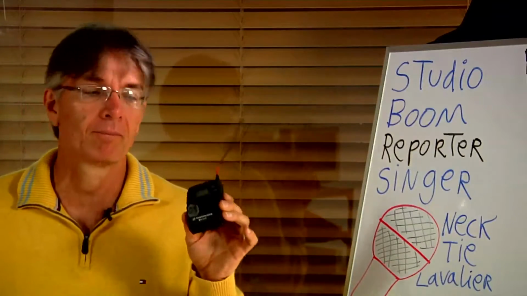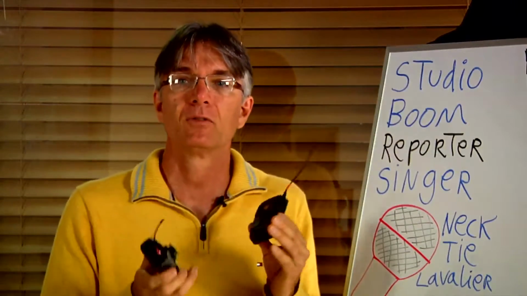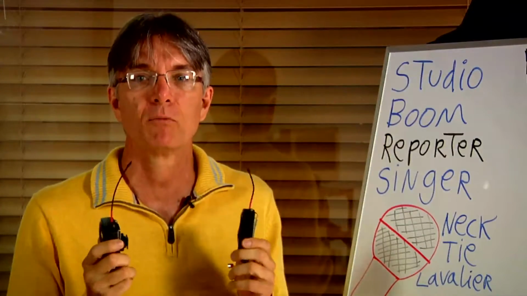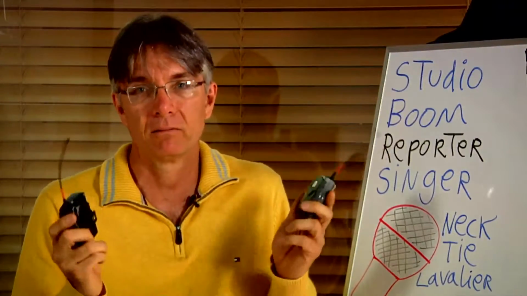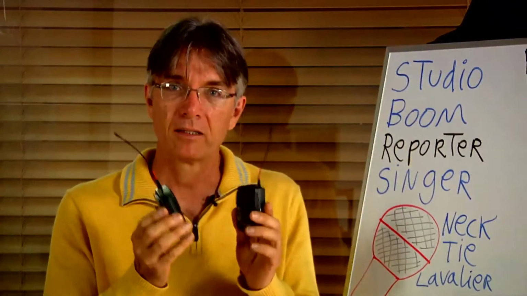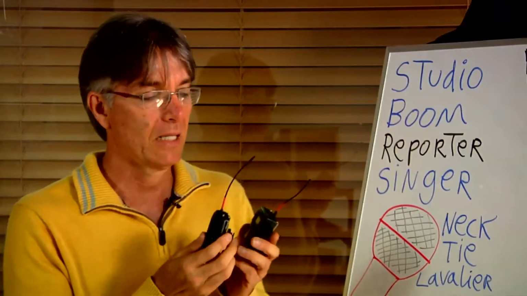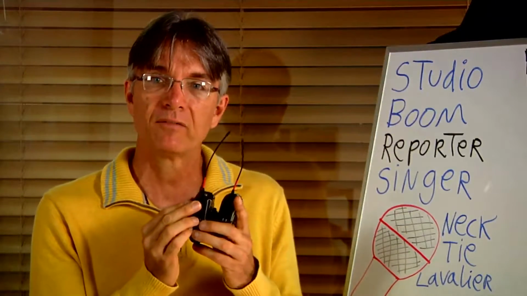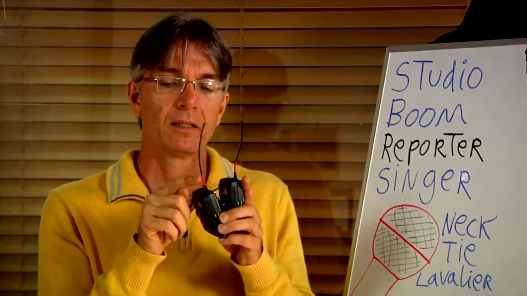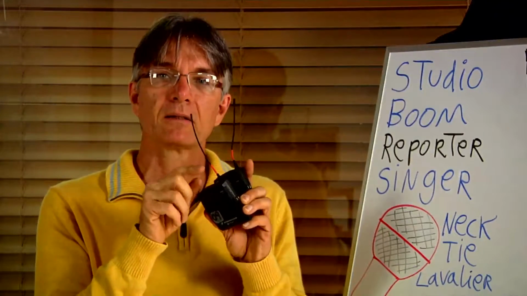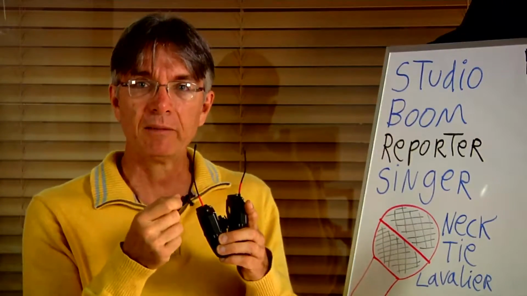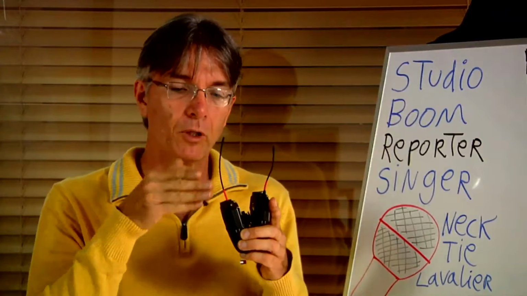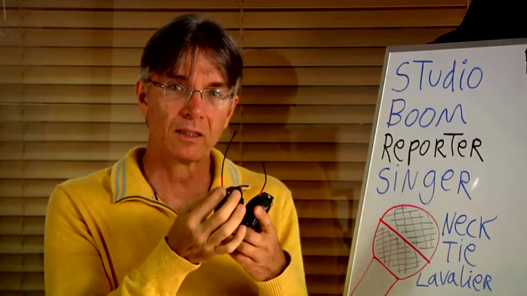A very important thing when you use wireless microphones, and you probably always have more than one. If you only have one, don't worry about it, but if you have more than one, you should identify them. And the easiest way to identify them is by colors. So you take these thermo-shrinkable things that they sell at electric shops to protect cables. Just slide it in here, and with your blower, with hot air, they shrink and they get